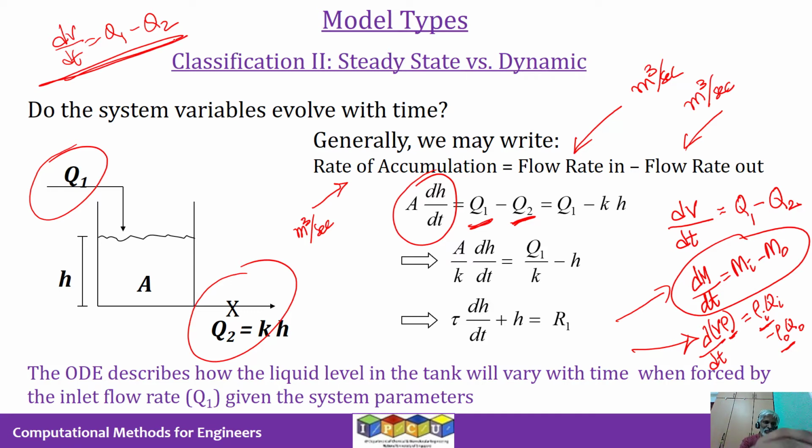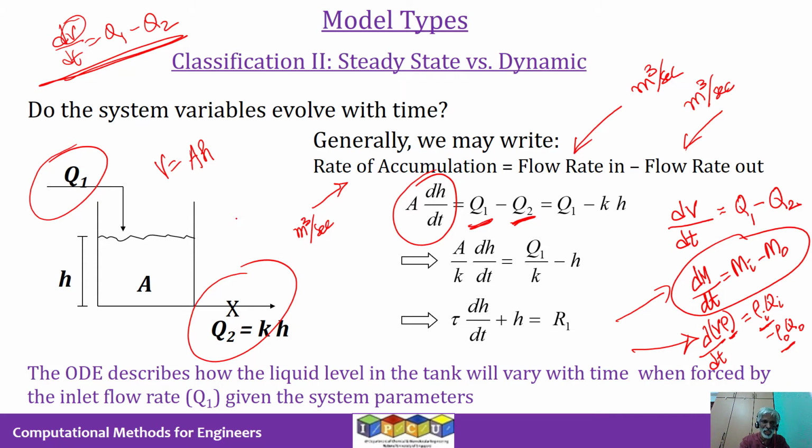Now we also realize that the volume of water in the tank can be written as the area of the tank multiplied by the height of water in the tank, right? We are assuming a tank with uniform cross-sectional area A. So A is the cross-sectional area of the tank. When you look from the top, that projected area is the cross-sectional area A. That multiplied by h is the volume of water in a cylindrical vessel.